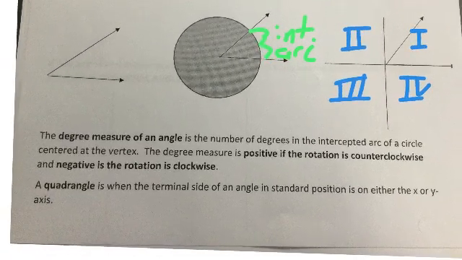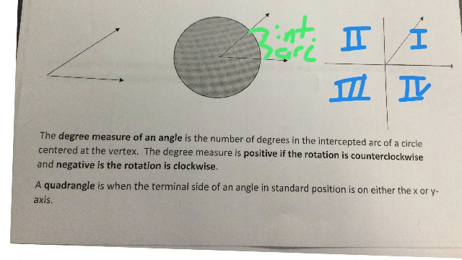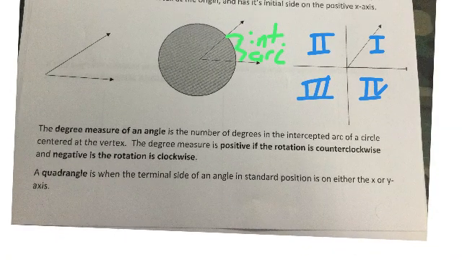let's keep reading. The degree measure of an angle is the number of degrees in the intercepted arc of a circle centered at the vertex. The degree measure is positive if the rotation is counterclockwise and negative if the rotation is clockwise. So,